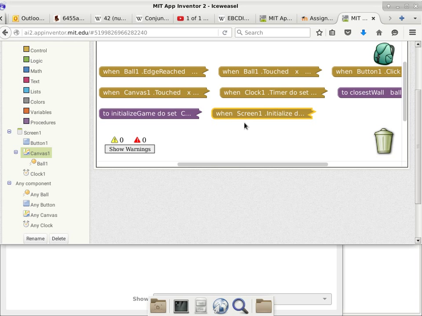Okay, I think somebody asked me about, can I copy something from one project to another project, right? So let's see if we can do that. So let's say I want to copy this procedure to another project of mine. Okay, the backpack is what you need to do. So if you click on the backpack